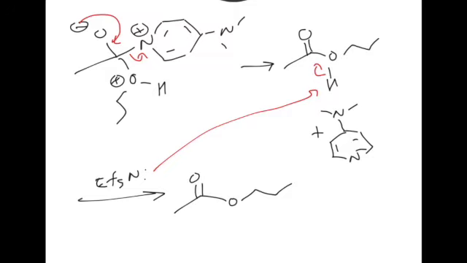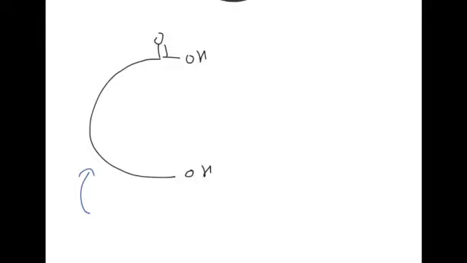So where this is used a lot, in addition to bringing an acid and an alcohol together to make an ester, is let's say you have an acid and you have